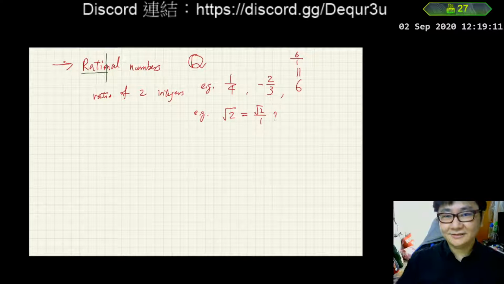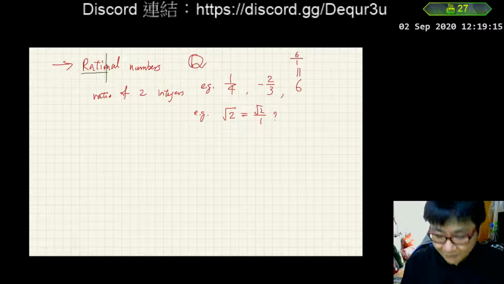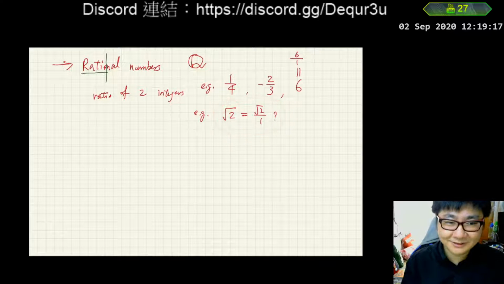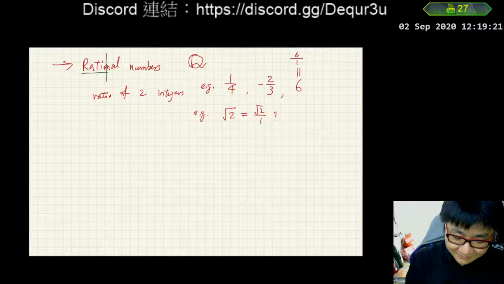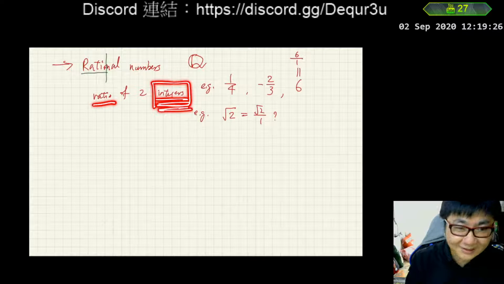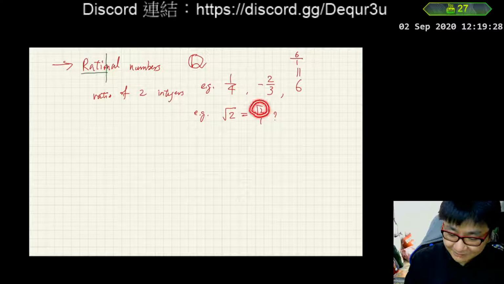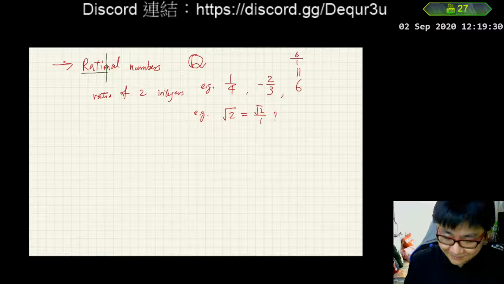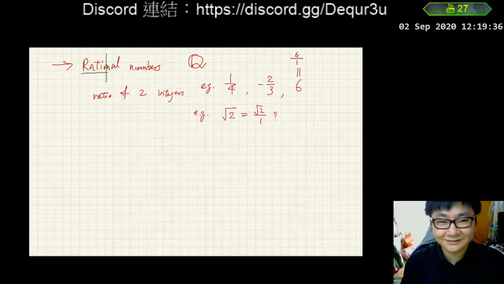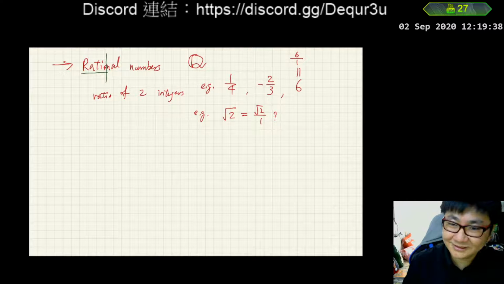No, okay, yes. The answer is no. Okay, so very good. Why is it so? Why do we have this, but still we don't consider it a rational number? Because a rational number means a ratio of two integers. It has to be an integer. But square root 2, of course, is not an integer. So square root 2 over 1, also this upper part, the numerator, is not an integer. Therefore, in this case, it is not.